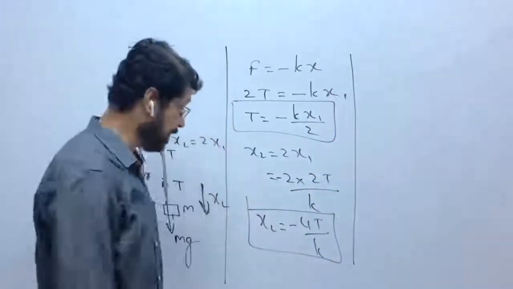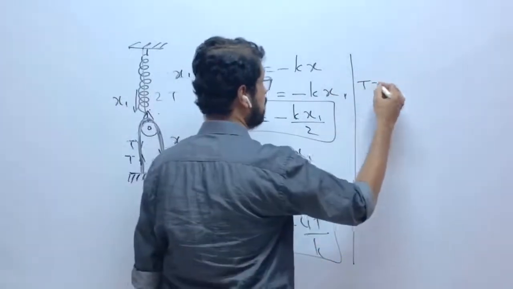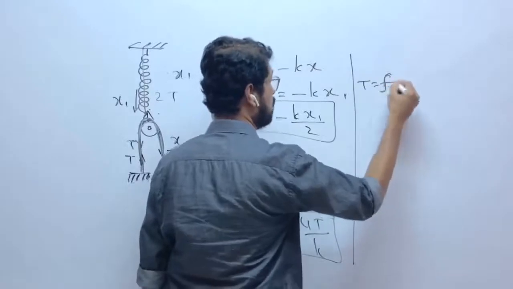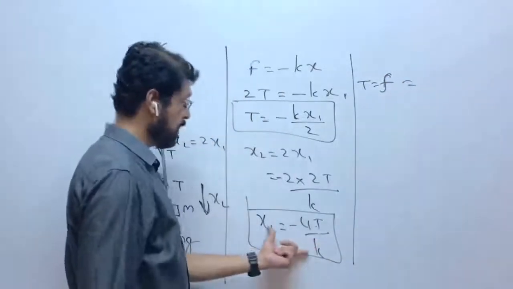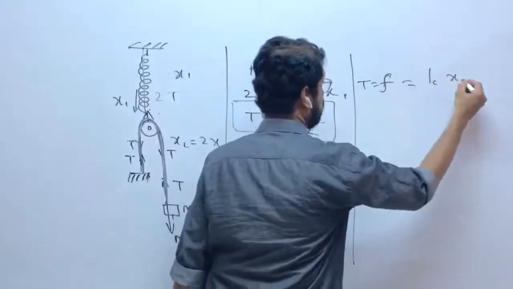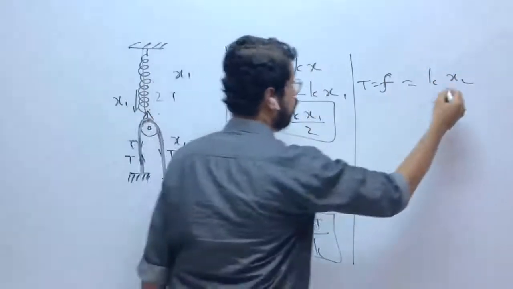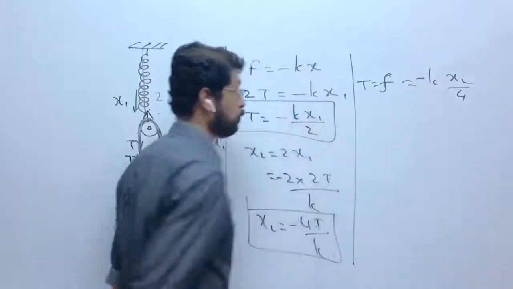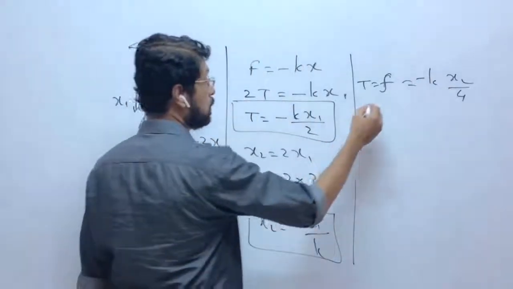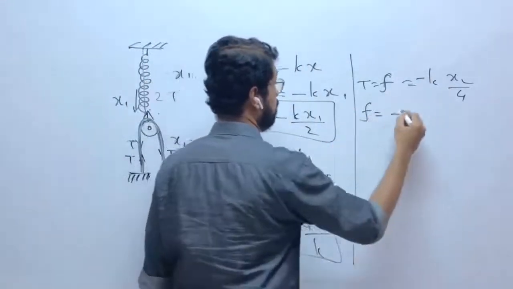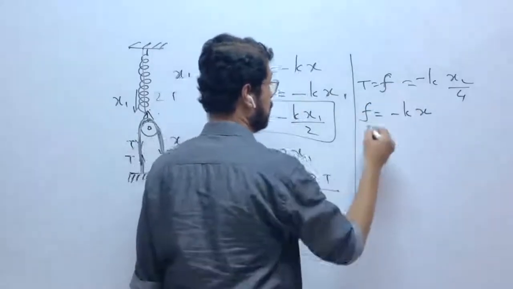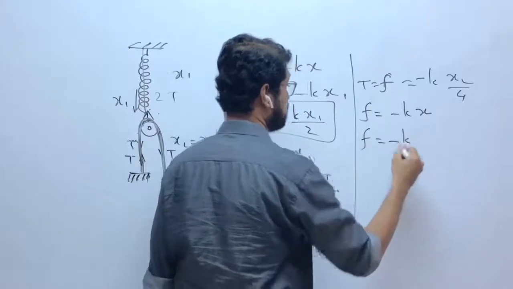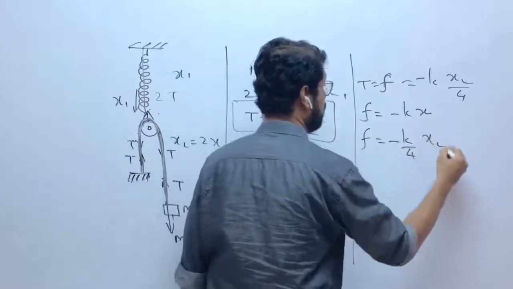Or you can say T, that is the restoring force, is equal to k x2 upon 4, minus of course. Restoring force is minus